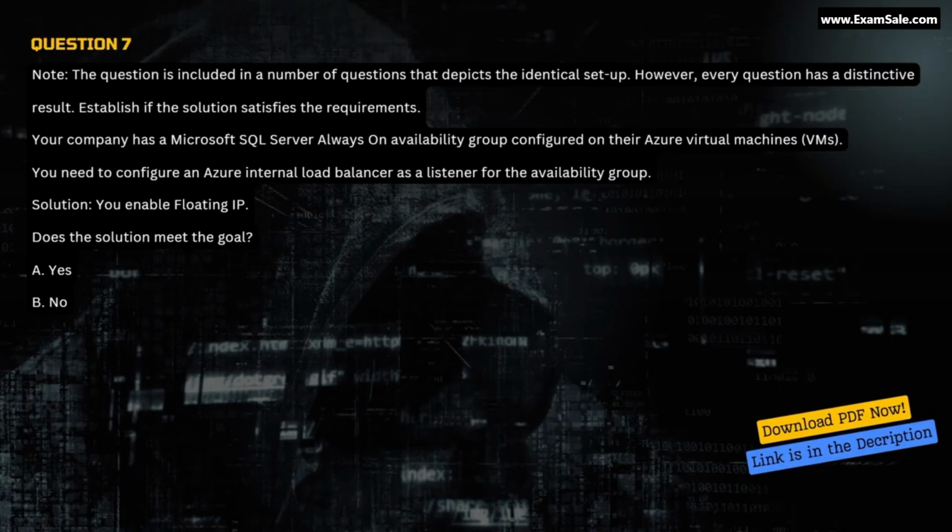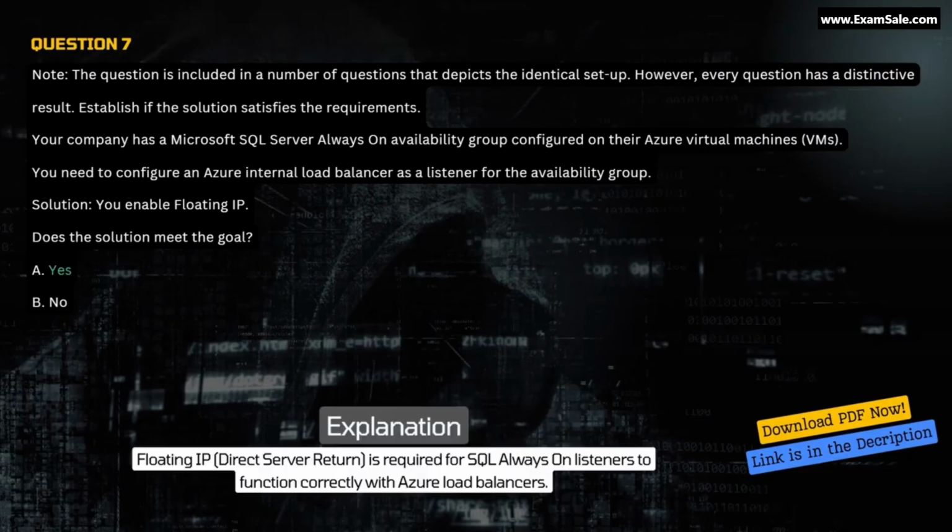Your company has a Microsoft SQL Server Always On availability group configured on their Azure Virtual Machines, VMs. You need to configure an Azure internal load balancer as a listener for the availability group. Solution: you enable floating IP. Does the solution meet the goal? A. Yes. B. No. Correct answer A. Yes. Explanation: Floating IP, direct server return, is required for SQL Always On listeners to function correctly with Azure load